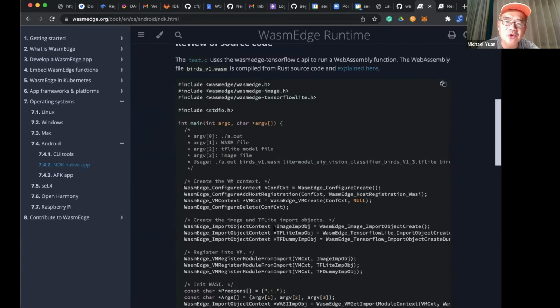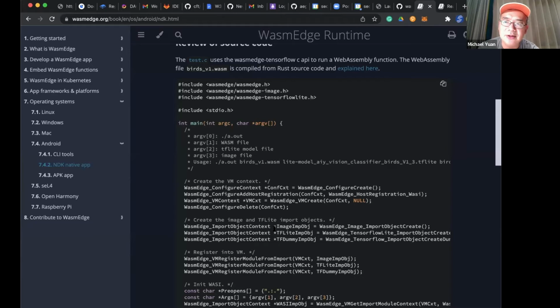It shows you how to create an Android native application using the C language, and then from that application use our C SDK to bootstrap the WasmEdge runtime. So you have an Android application that starts the WasmEdge runtime, and then use that runtime to run WebAssembly files, either already on the Android device or that you're receiving from the network, right? So you can do a variety of different things by having